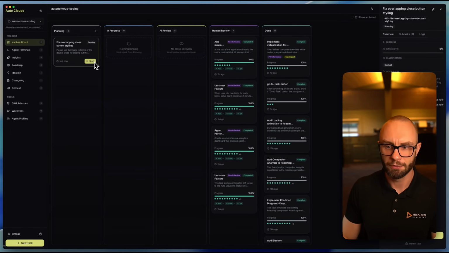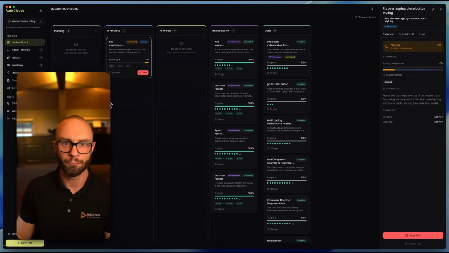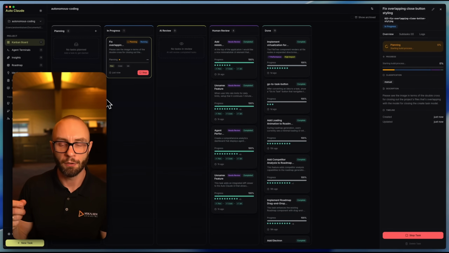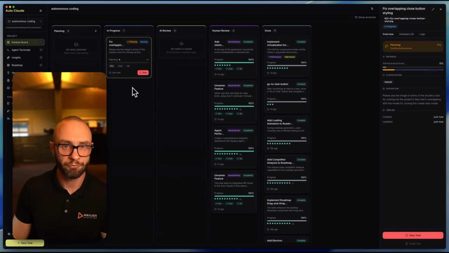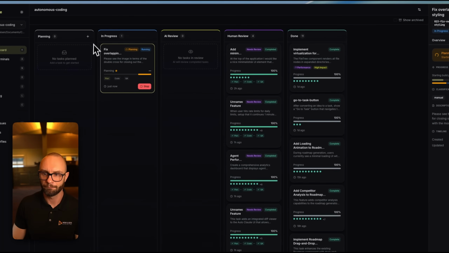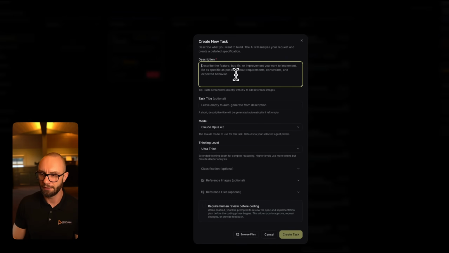And we can now just start this task, and it will go into a planning phase where it starts to identify all the context it needs. It finds out what it needs to create as subtasks, and also the complexity level of the task itself. So while that has started, and we can start to see some logs, we will also create a new task